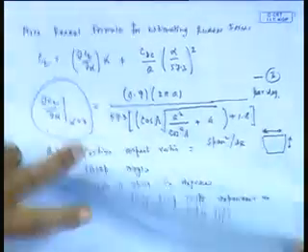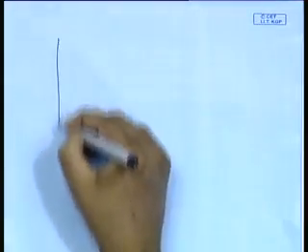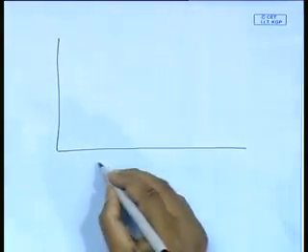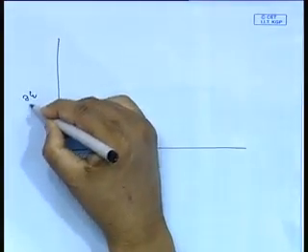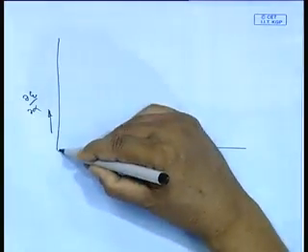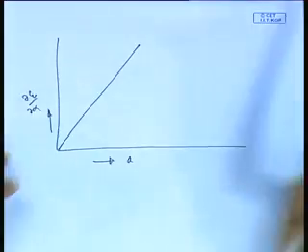I will come back to these three formulas. There is a reason for my telling this. It turns out the graph looks like this. Here A, here, this straight line is, of course,